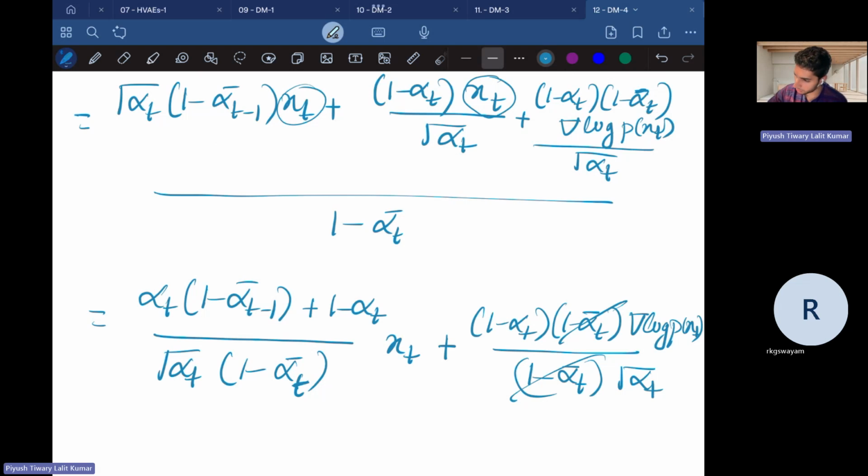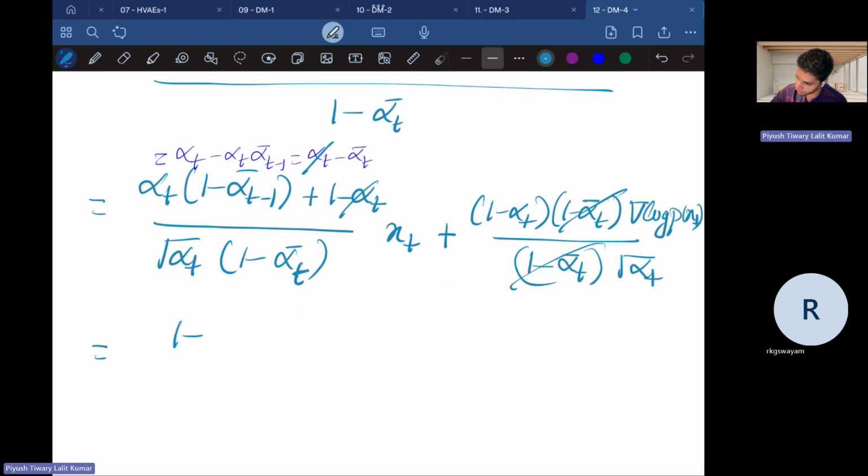Again, our old trick: this thing is equal to alpha t minus alpha t into alpha t minus 1 bar. So this is alpha t minus alpha t bar. So in that case, this alpha t and this alpha t get cancelled out. So this thing becomes 1 minus alpha t bar divided by square root of alpha t into 1 minus alpha t bar, xt. This thing will again get cancelled out,